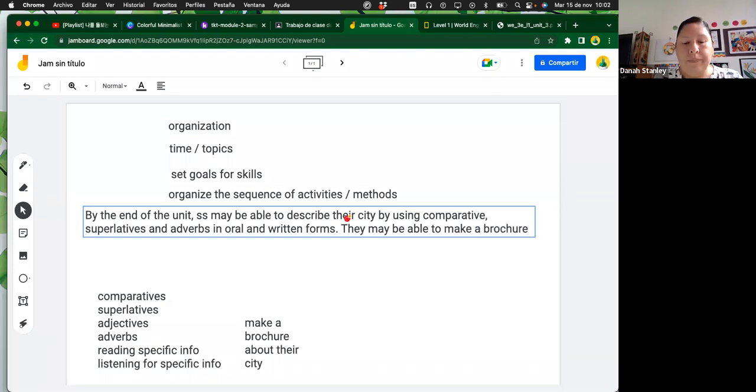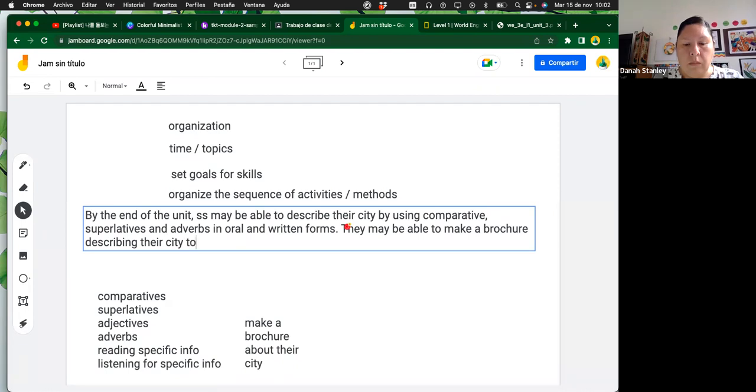A brochure. They may be able to make a brochure describing the city to invite others to visit it by highlighting